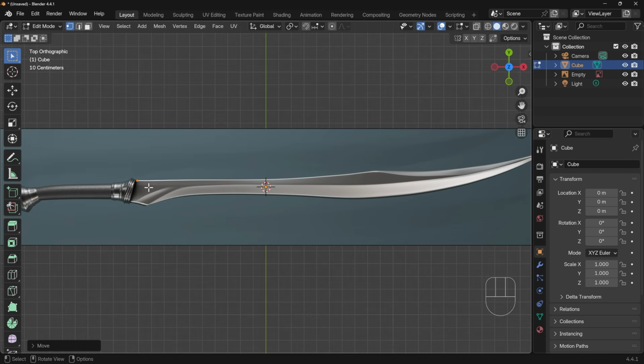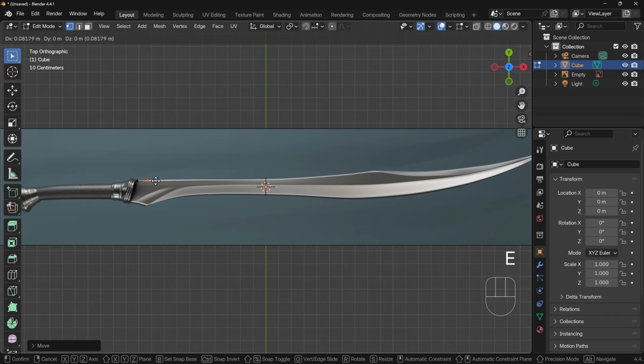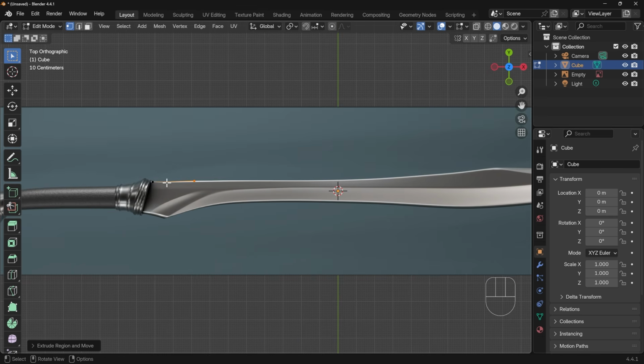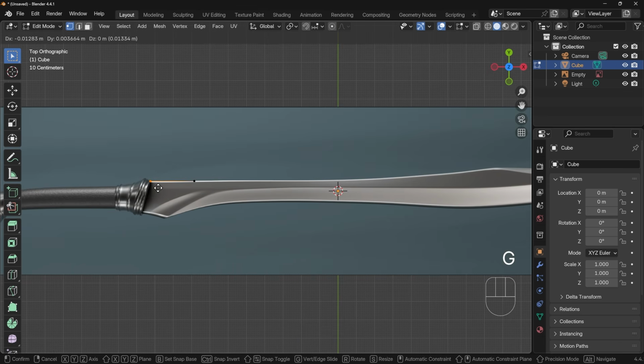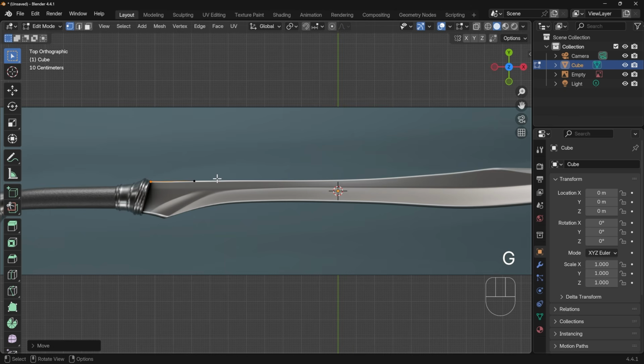Let's zoom in a bit, and in order to build the blade, I'm just going to press E to extrude, and you can see me pulling out a new vertex like so, and I'm following the line of the blade here. I'll just move that one in a touch. You can be relatively rough following the outline. It doesn't have to be perfect or exactly the same as mine. It should still work. And for the distance we're going to create these, we're looking at roughly around this distance